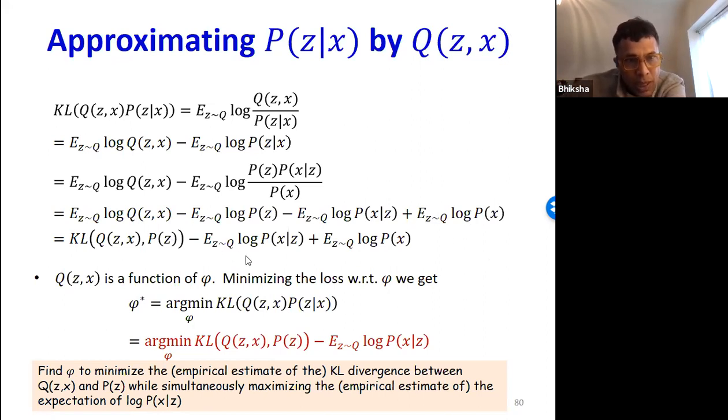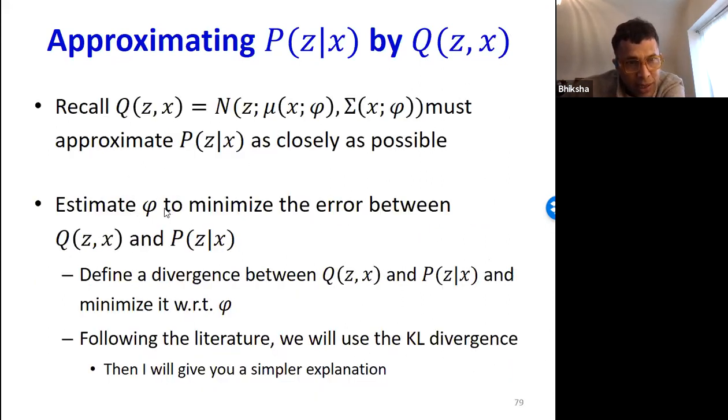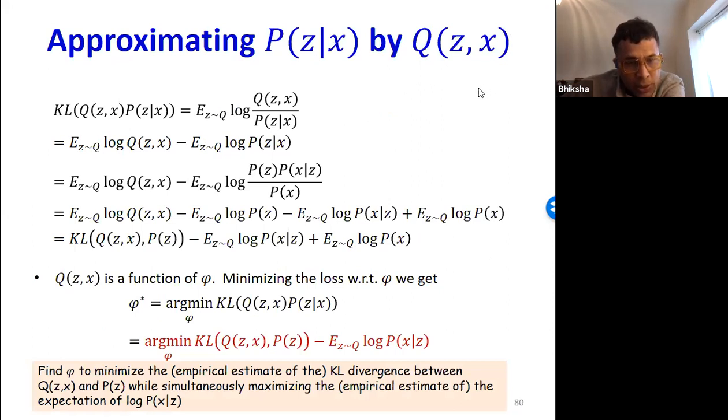So now, all that we are trying to do is estimate these parameters phi to minimize the error between these two. Let's look at which ones are functions of phi. This first term is a function of phi, right? Q is a function of phi, clearly. P of Z, really, is a standard Gaussian. P of Z is not a function of phi, so you can ignore this. P of X, again, is the probability distribution of X, and there is no Z over here at all. So this is not a function of phi. This goes away. The only thing that remains is this term.